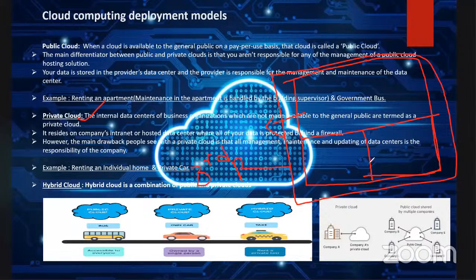Here the thing is, some third-party people will come and handle this data center. The customer will not handle this, some other third-party cloud will. I was telling about the public cloud vendors. There are many public cloud vendors, like IBM Cloud. They just,